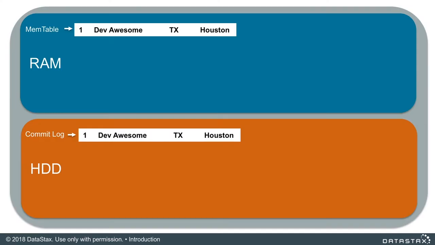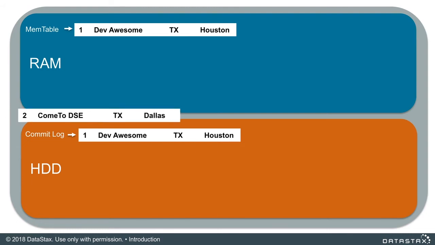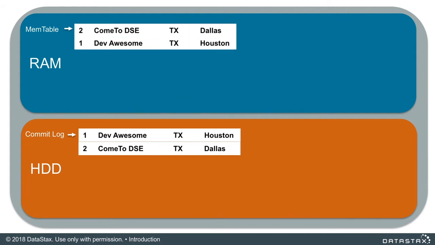Give me another piece. Let's look at another insertion. This user's name is come2DSE, short for DataStax Enterprise. They also live in Texas, as I promised, in the city of Dallas. Apache Cassandra writes the record to the end of the commit log. Again, it's just a sequential write. We just append on the hard disk. That's easy to do. And in the mem table, Apache Cassandra inserts that record where it belongs as far as clustering column order is concerned. So, Dallas. D comes before H as far as alphabetical order is concerned, or lexicographical order, say that 10 times. And again, we acknowledge back to the client that, hey, life is good.